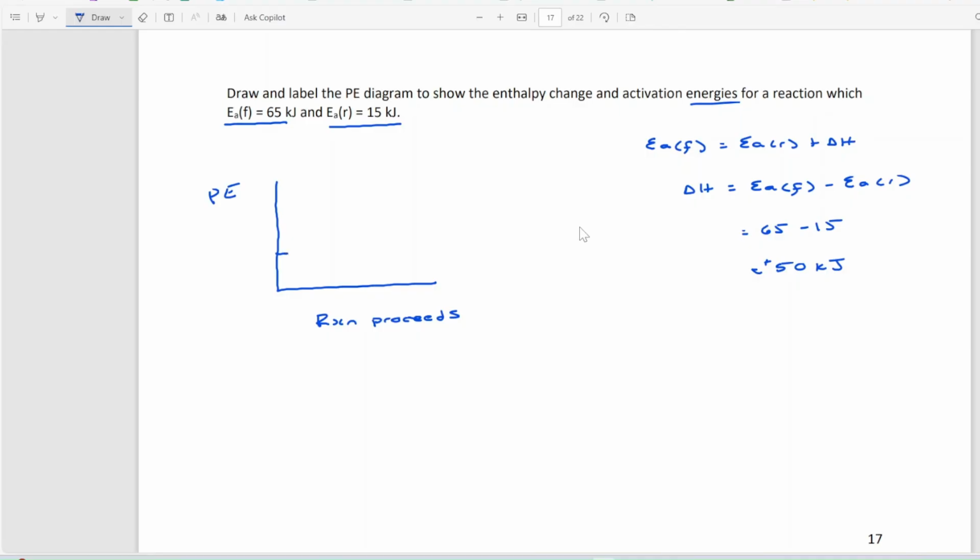Well, I know that my bump from reactants to activated complex forwards has to be 65 kilojoules, right? So this activation energy forwards is 65 kilojoules. And then my activation energy in reverse is only 15. So it means that it had to be an endothermic reaction with an input of energy in a forwards direction. So my delta H is positive 50